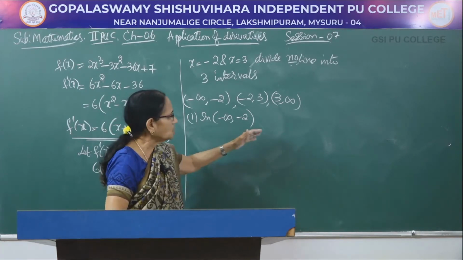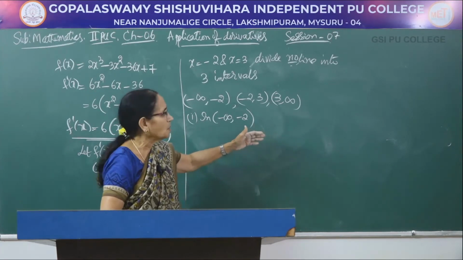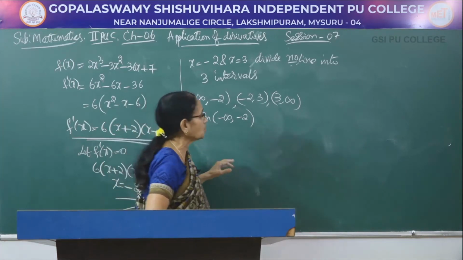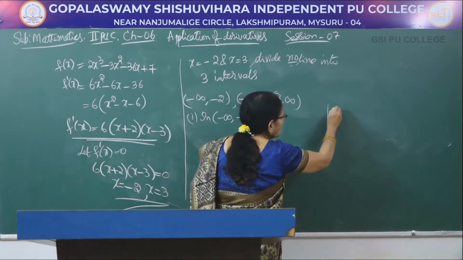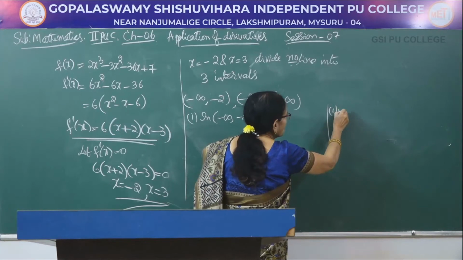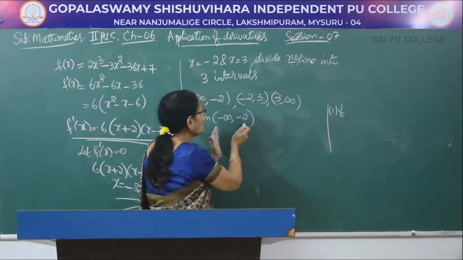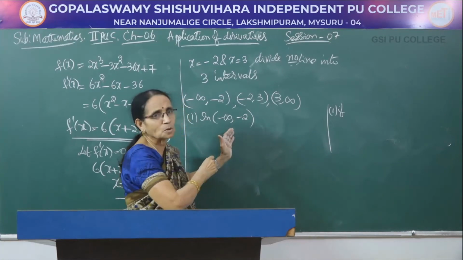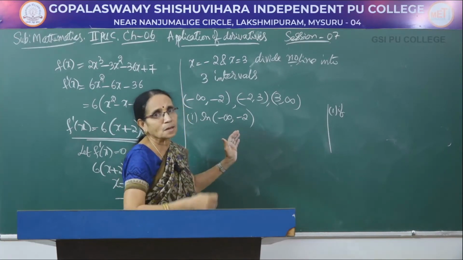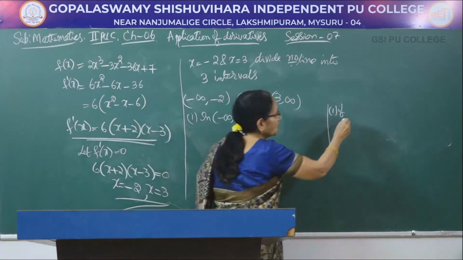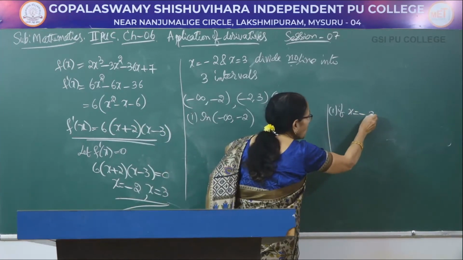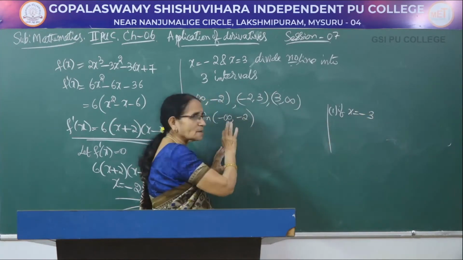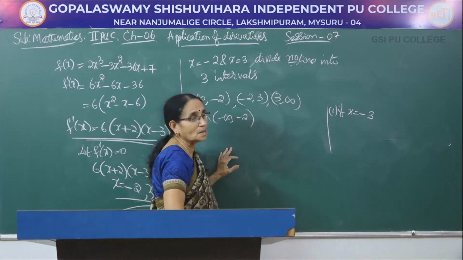Therefore, I told you it is better to give a value, even if on a rough sheet. So, it is better you consider it like this. Now, give a value which belongs to the interval minus 2, taking the next, as far as possible, integral value. You take minus 3. You can take any value which is slightly less than minus 2. I take the value minus 3.